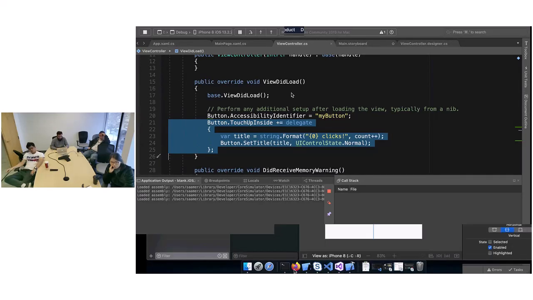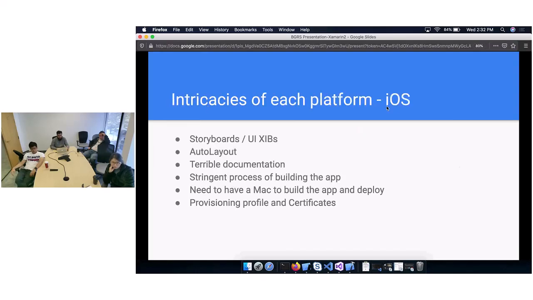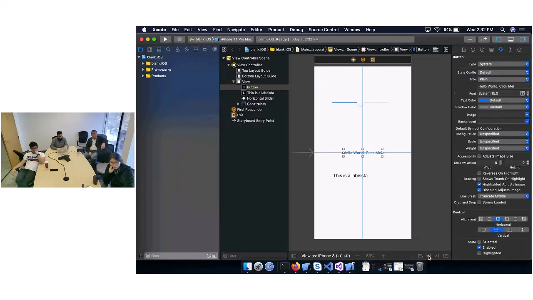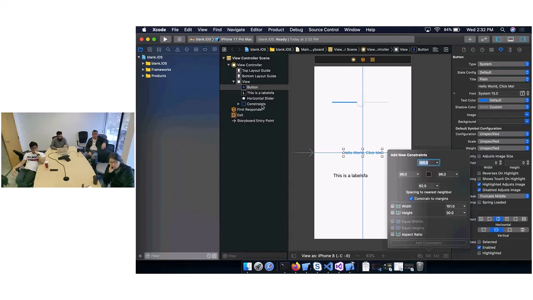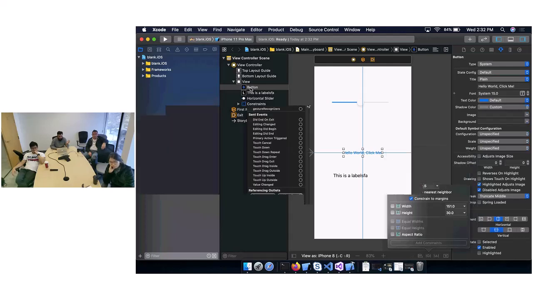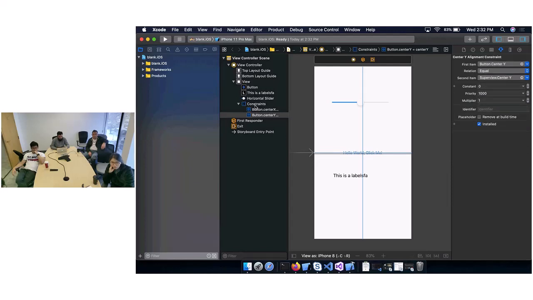So anyway, we spoke a little bit about how they're different, and then we dug a little bit into iOS. We spoke about how there's storyboards, and we talked a little bit about auto layout. So essentially, making sure that it's in the center, and you are able to create constraints. If you right click, you can say new constraints. You can create constraints relative to each other. So you can say whenever this slider,